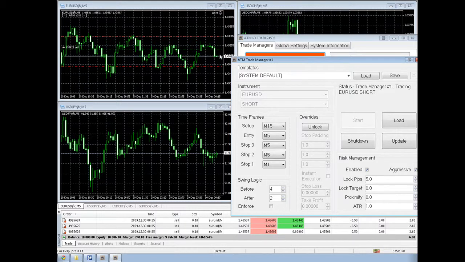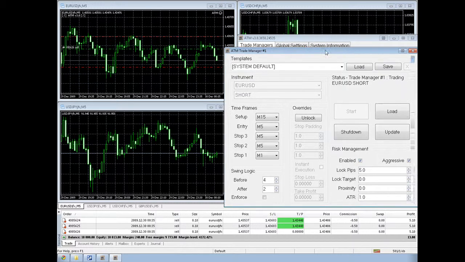So the idea is to give it enough room, but not too much. So if we enable risk management, we can say, you know what? If it moves 1 ATR, then tighten up our lock pips and lock in five pips of profit target. Now on a smaller time frame like this, when our target is only 10 pips, that's not too reasonable. On a larger time frame, then that makes a lot of sense. So there's basically 3 ways that we can tell